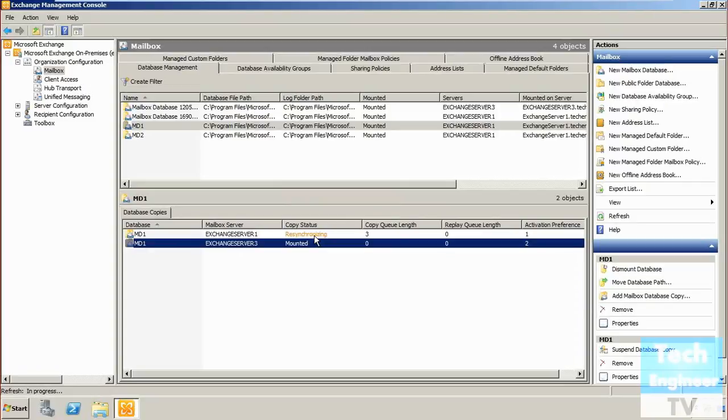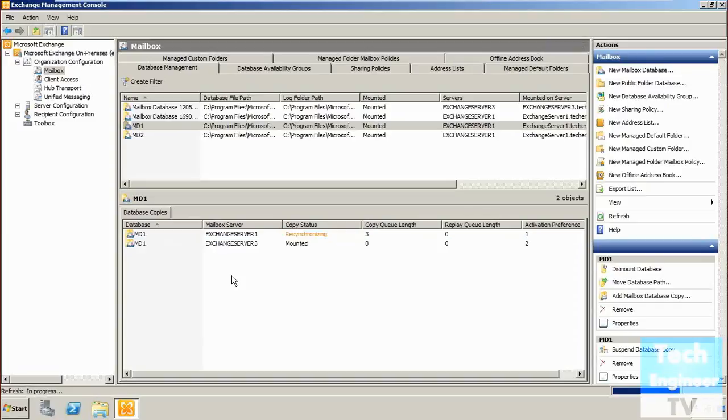So now the entire mailbox is working through the Exchange Server 3 mailbox, and Exchange Server 1 is now in the resynchronizing stage. It means that it is no longer the primary, and it is just synchronizing. Whatever database or authority it currently has, it is transferring to the other Exchange server, which in this case is the Exchange Server 3 mailbox database.